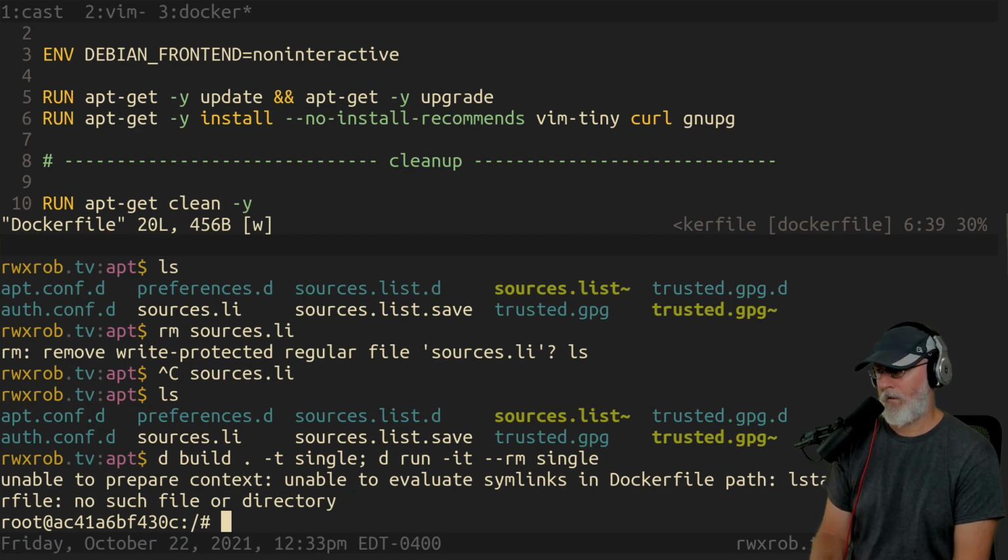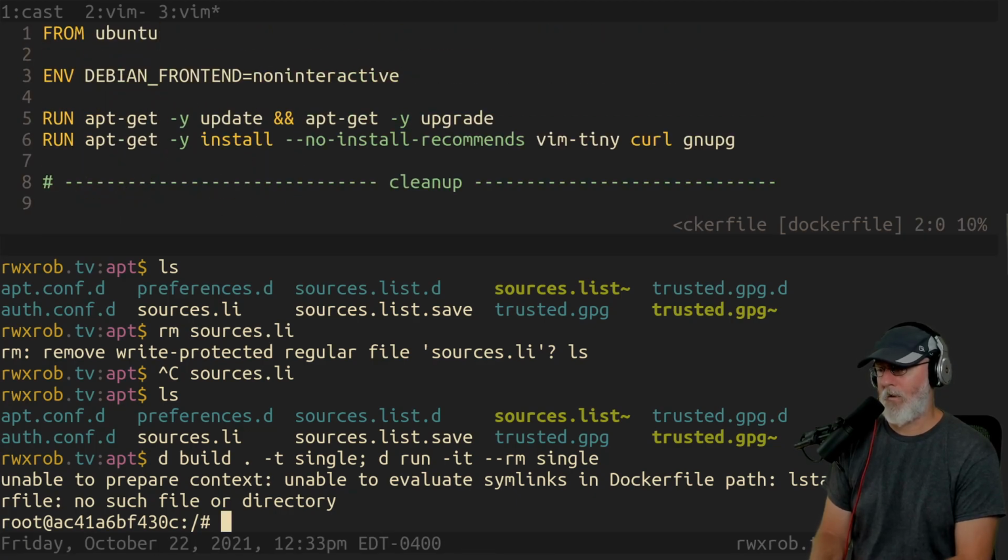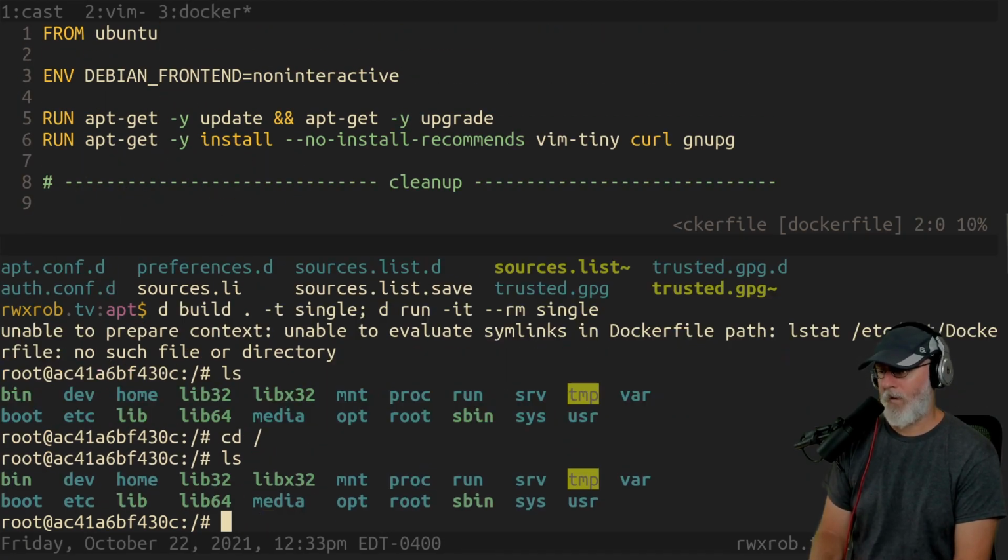What? As it recommends list lstat no such file. That's the app Dockerfile. Wait. I didn't do a copy. Did it automatically copy everything over? Please tell me it didn't. I thought I had to do the copy. Yeah, okay. Good. All right, so